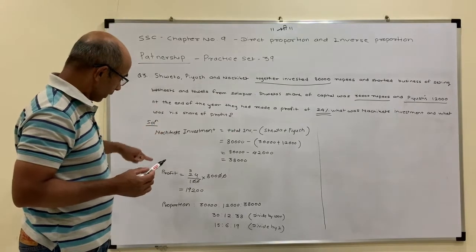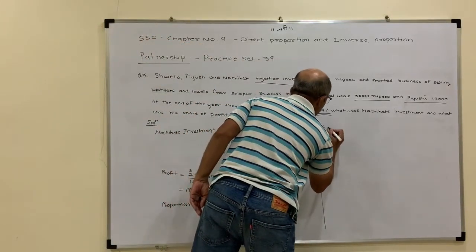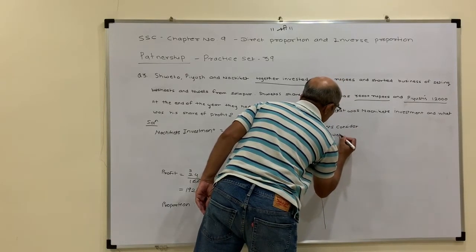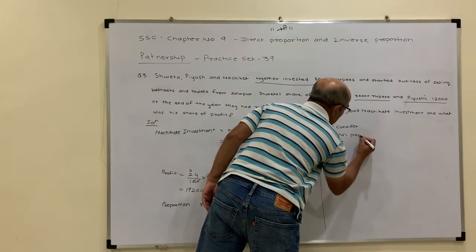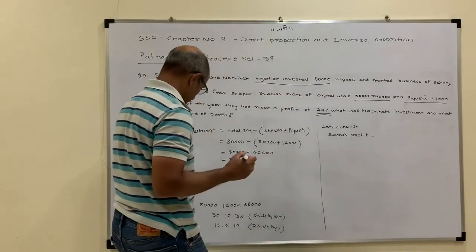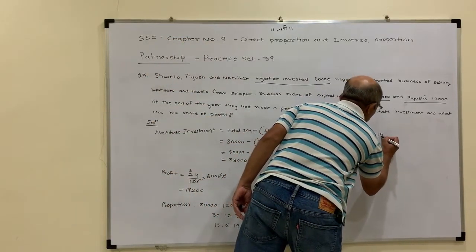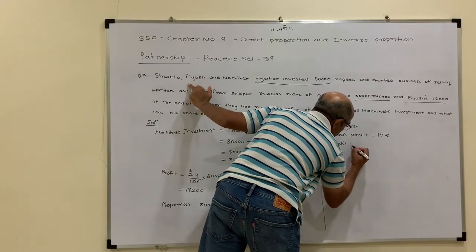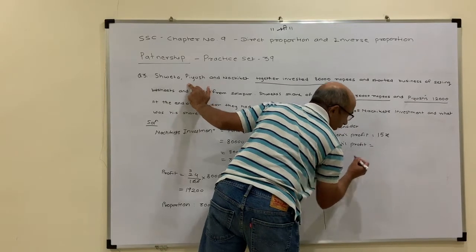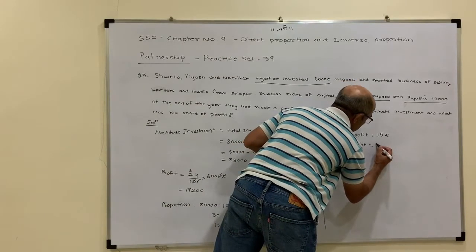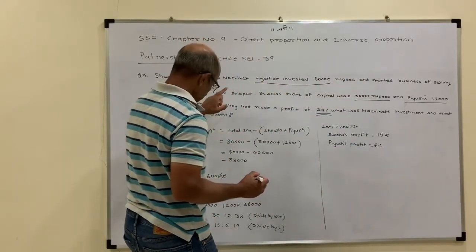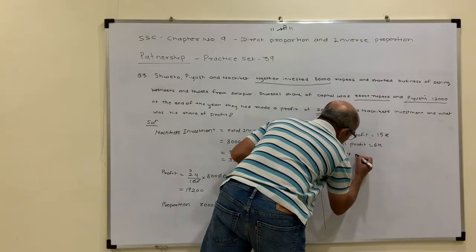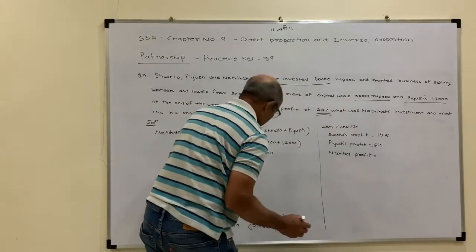So now let's consider Shweta's profit equals 15x, Piyush's profit equals 6x, and Nachiket's profit equals 19x,